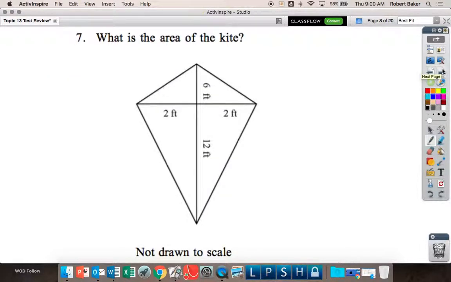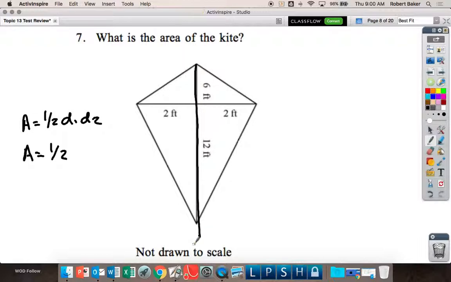Alright, so now we get to the kites. So you look on your formula chart and it says rhombuses, but rhombuses and kites have the same formula. The area of a kite is 1/2 diagonal 1 times diagonal 2, the length of the whole diagonal. So the area of this kite is 1/2 times 18